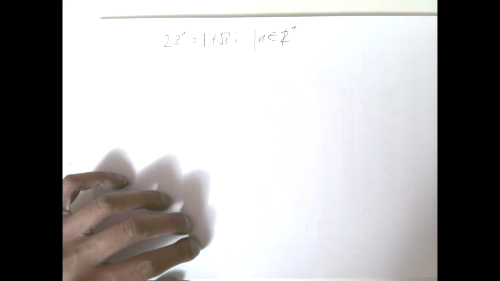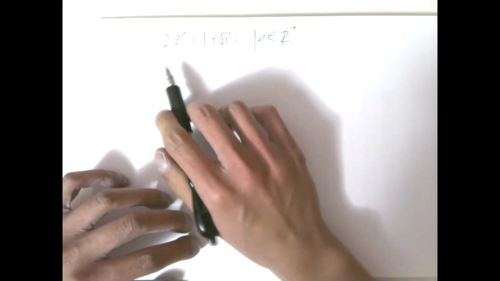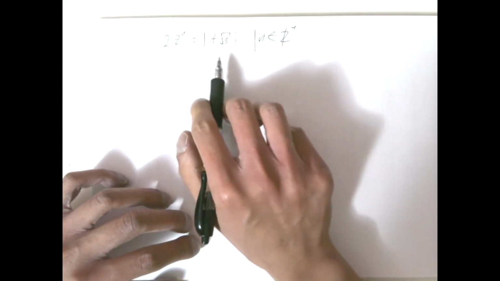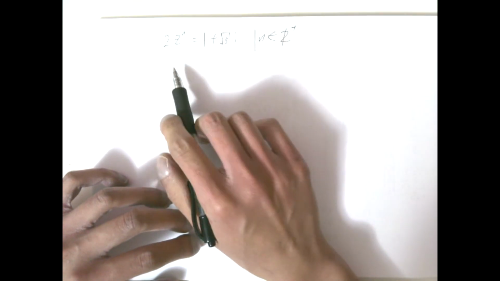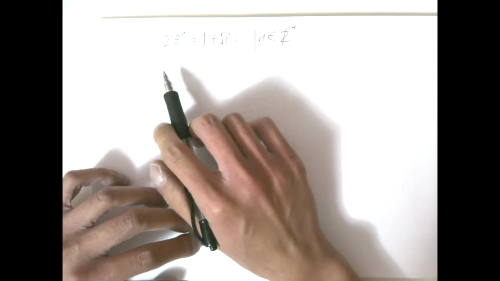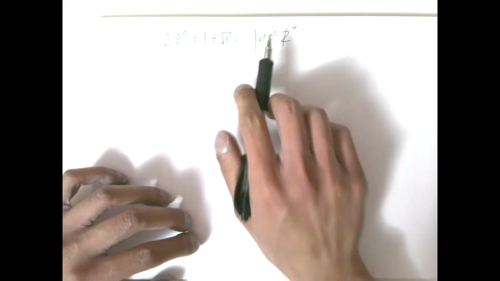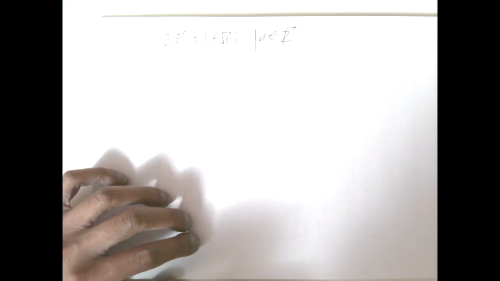Now for the second part, consider this complex equation 2z to the power n equals 1 plus root 3i. The previous part of the question was 2z to the power of 6. Now it's going to be 2z to the power n, where n is a positive integer. Now,